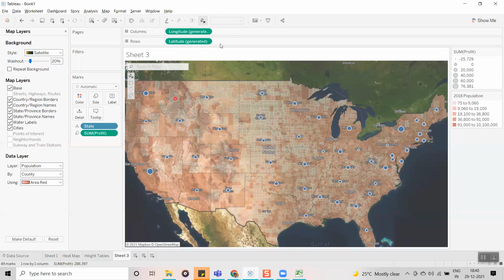Okay. In some cases, if you are going to work in a support project, some people may ask, I am not able to get this zoom option, so how to get it, or I want to disable the zoom options. So you can use these map options. In the map options, you can enable or disable the options. Okay, is it clear, guys?